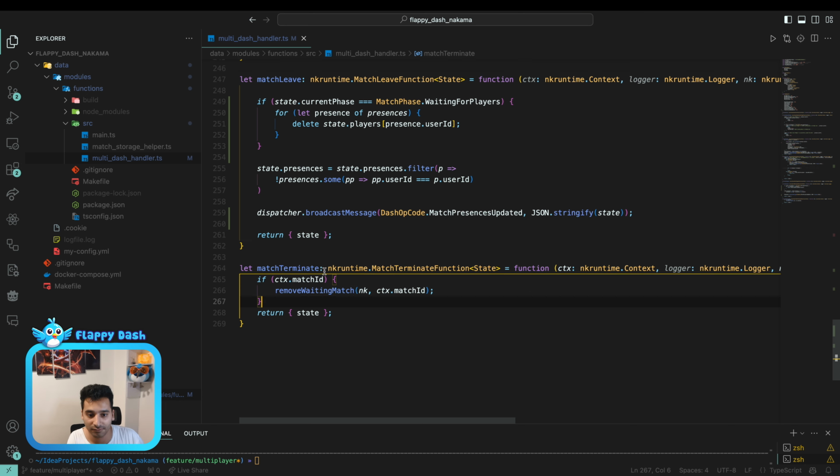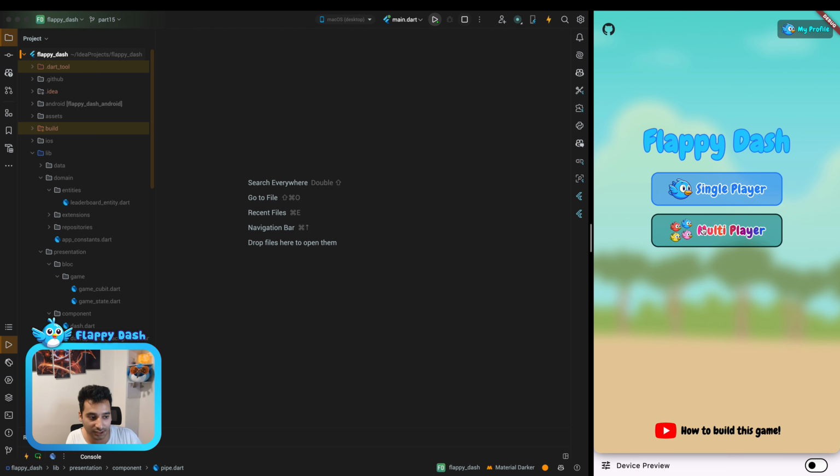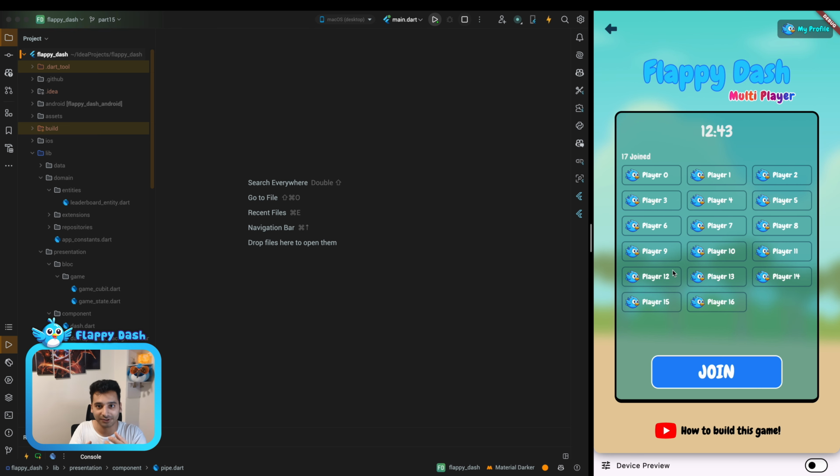And yeah, so I think we are done with this episode. So we just need to call the get waiting match ID when you click on this button, and then after that we have the match ID, and you can join the match. You will receive the welcome event with the state of the game, and then you will see the timestamp the match is gonna start. You can show the countdown here, you can show the players that have joined here, and whenever the timer finishes, the game is gonna be switched to the running phase, and you will receive a new event to open the page, and so on and so forth.